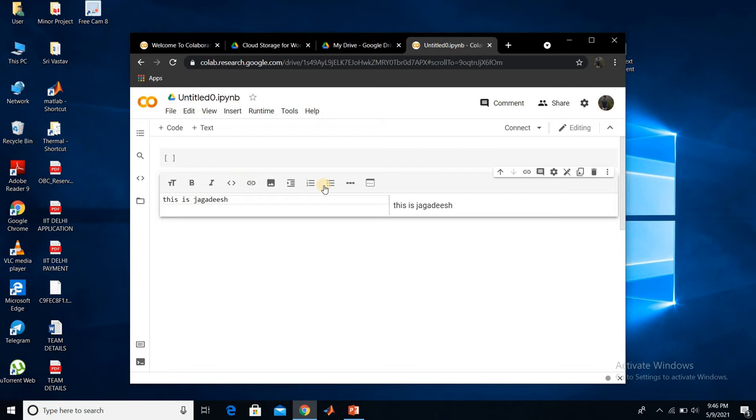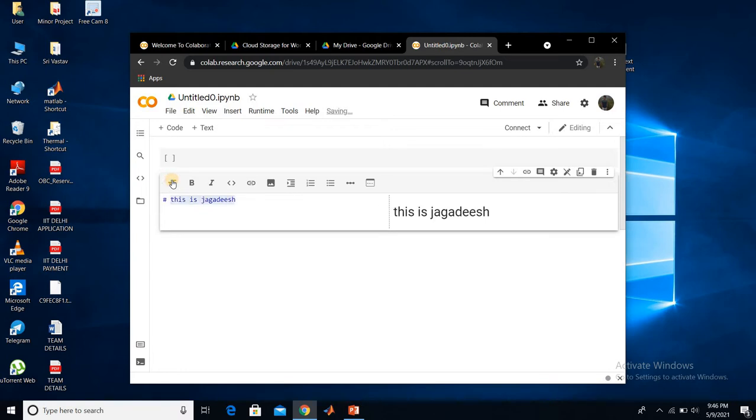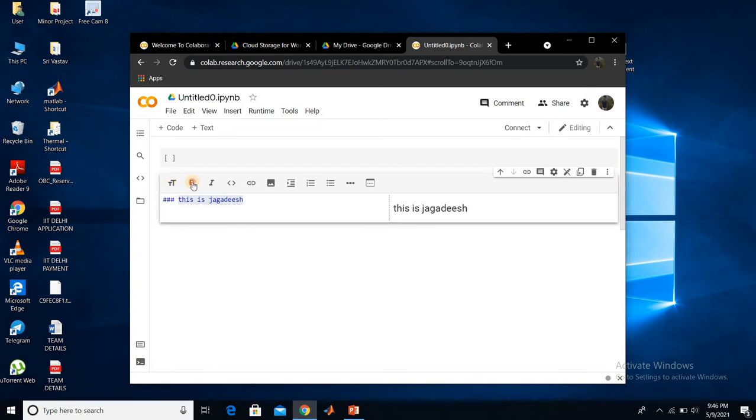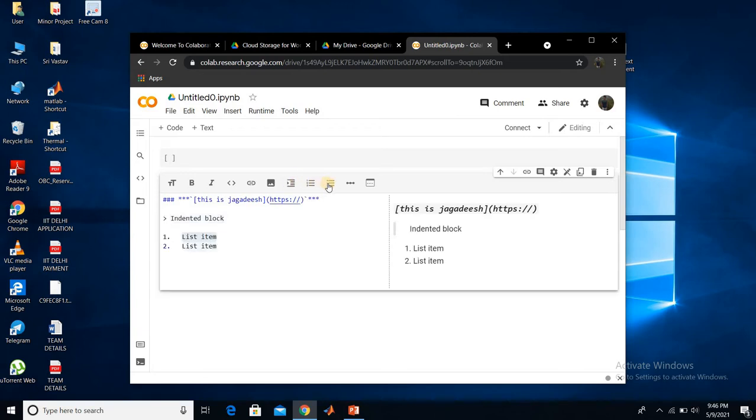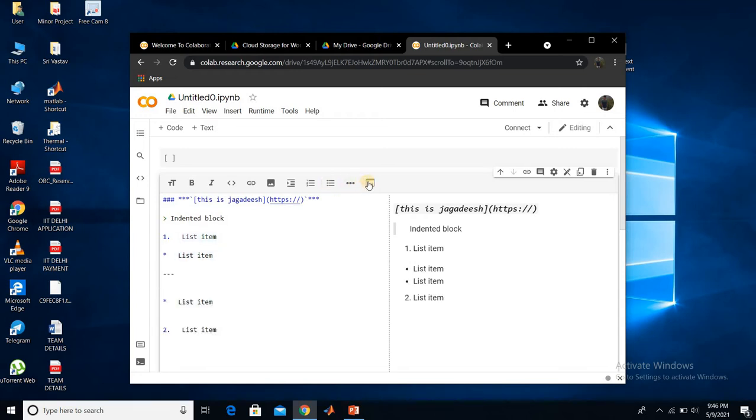Here we have a few tools. There are three types of heading sizes: hash, double hash, triple hash. This means toggle heading. And here it has bold letters, we can put italic, format as code, format as a link, and we can upload documents like this. It also has indentation, number list, bullets, horizontal line, and all those things. These can be used like this.